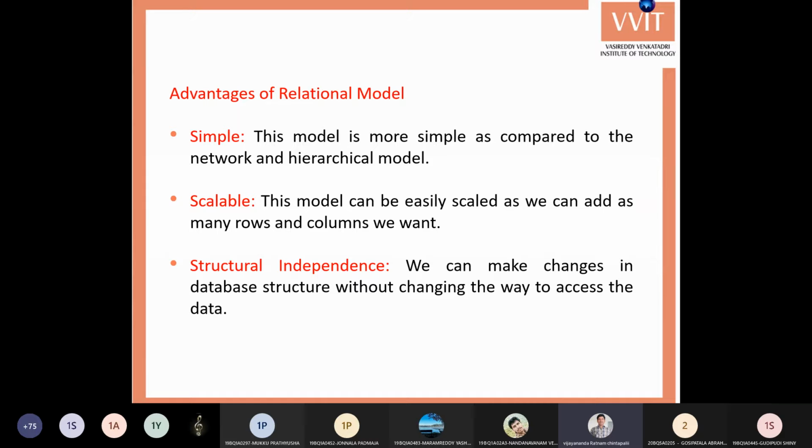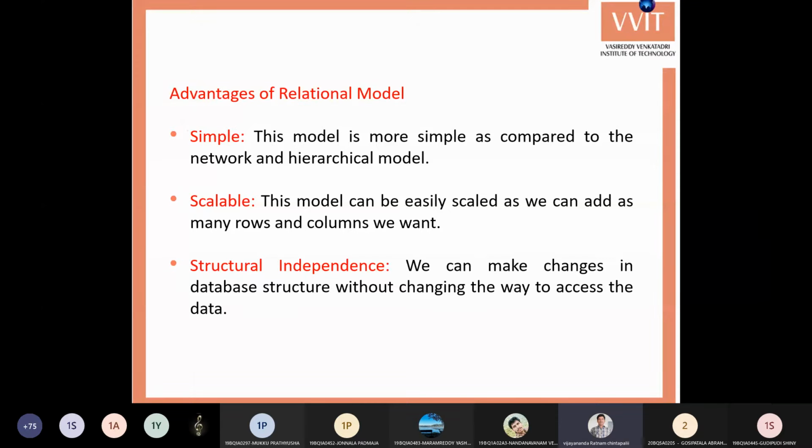And next, the second advantage is that it is scalable. That means we can enter as many rows as we want. In the case of hierarchical and network models, we can enter data only as long as memory locations are available.